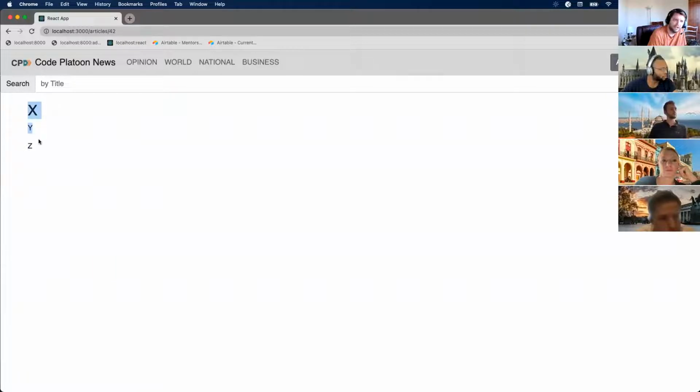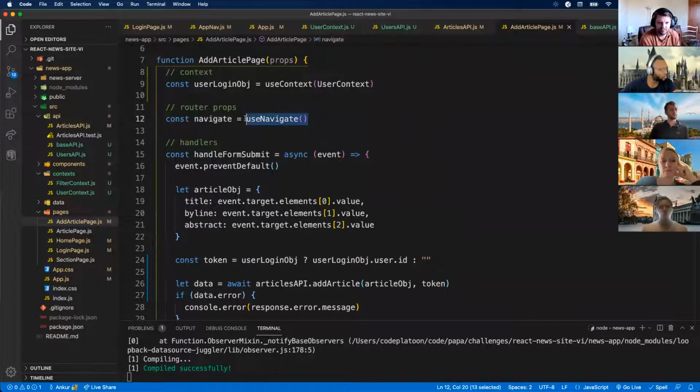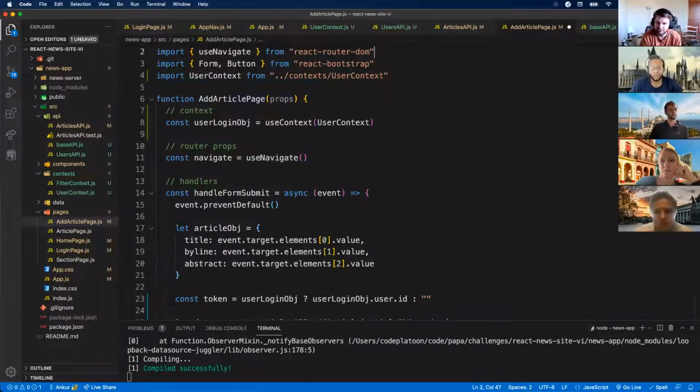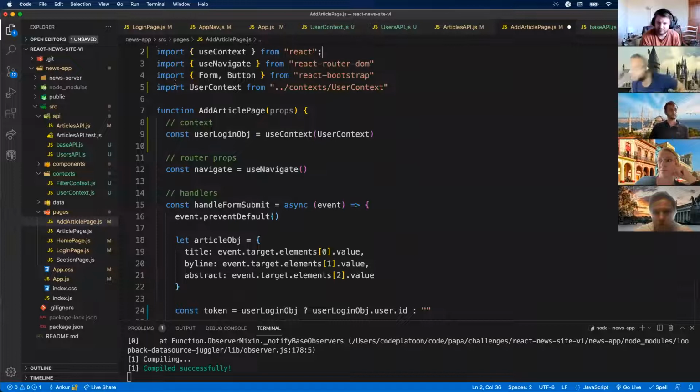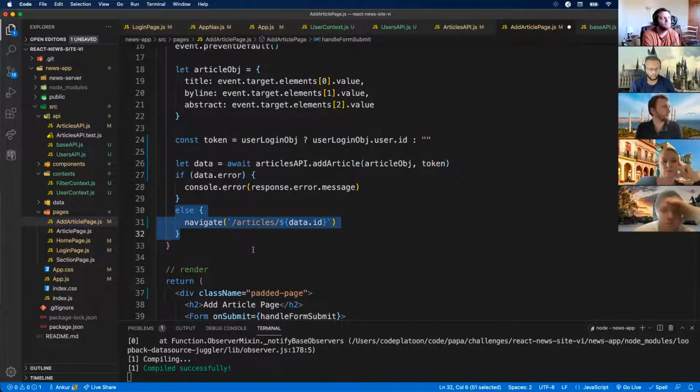There we go. So we were redirected to the article page because we had a navigate here. That navigate, if you remember, is a useNavigate return, which comes from our router. Just kind of connecting all those dots. All right, so it looks like everything's working now. So we are providing a token to the server so that we could prove that we are authenticated or authorized to create a new article. So we get a data response. We didn't have an error, so we proceeded to navigate to the article that we just created,